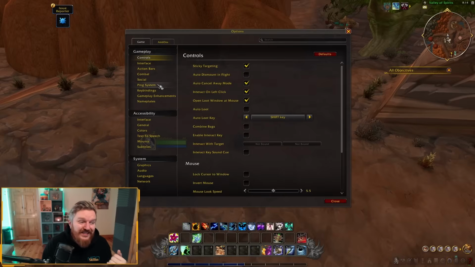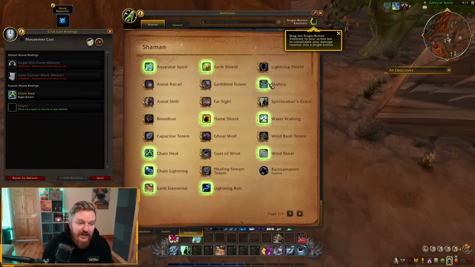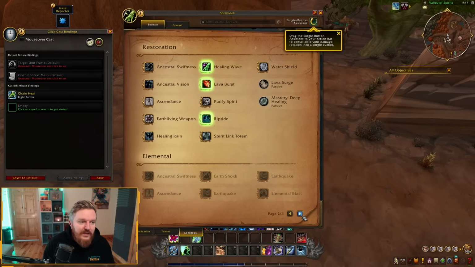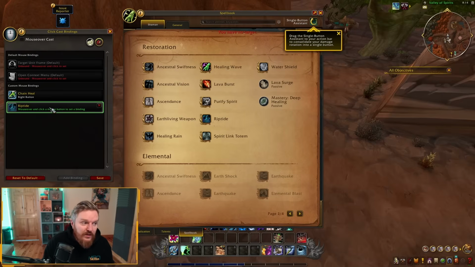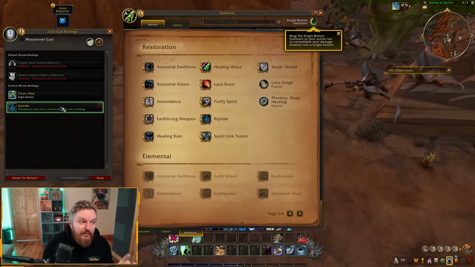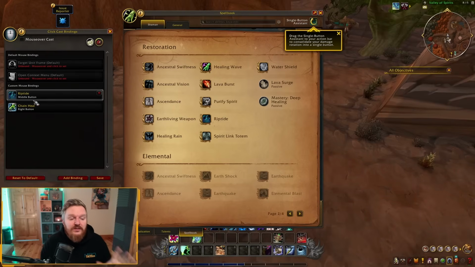Now the issue with this is that it's very limited. If you go back into click casting, if you're using an MMO mouse, and MMO mouses usually have a lot of buttons on the side, and those buttons on the side are mapped to numpad keys. So if I want to add a binding, for example, let's find Riptide, and I want to add it to my mouse buttons, numpad 1, numpad 2, numpad 3, you cannot do that. If I want Riptide to be usable on shift mouse wheel up, I can't do anything with mouse wheel. In terms of mouse wheel up, in terms of mouse wheel down, I can click my mouse wheel button to add it, but that's another story. So there are limitations to it.